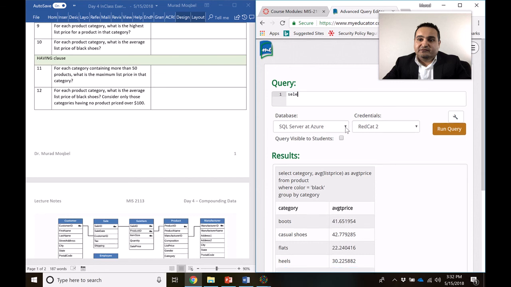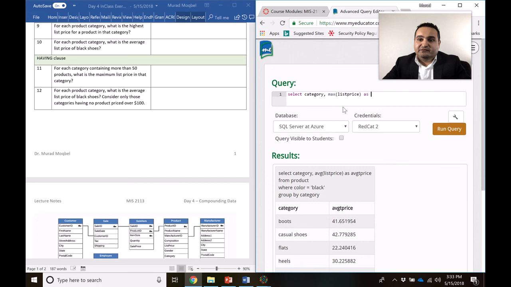Alright, so I will say select category, because for each category, that's the keyword. So category, and then what is the maximum list price? So max list price